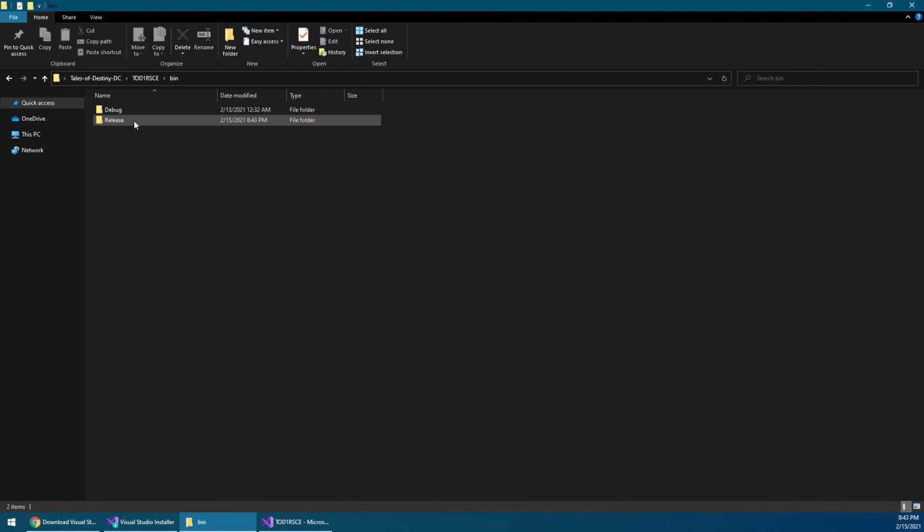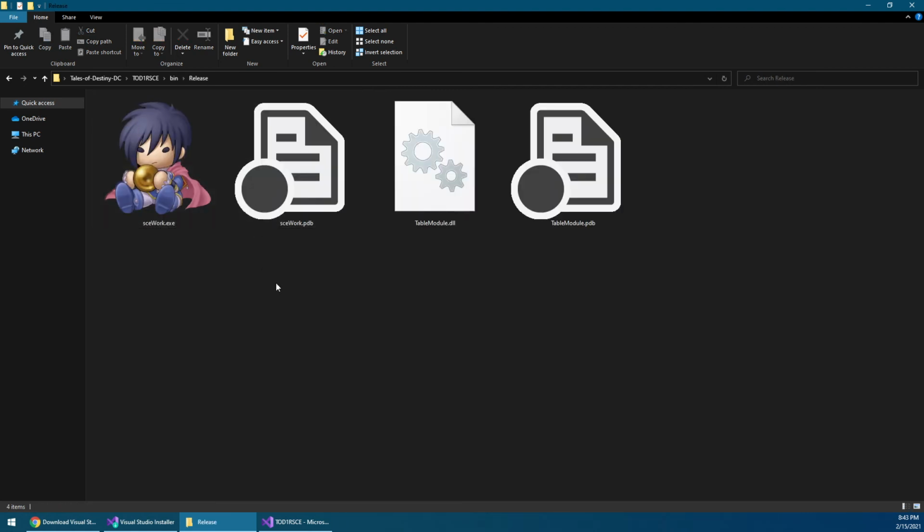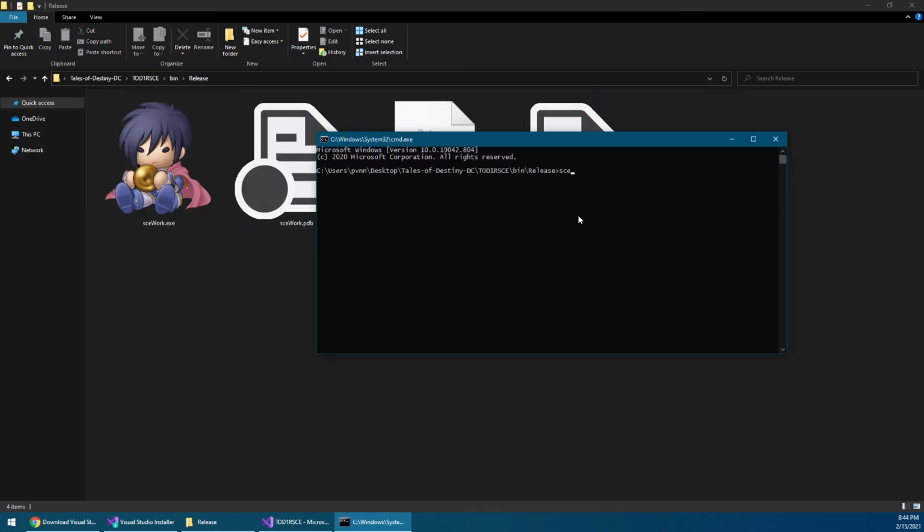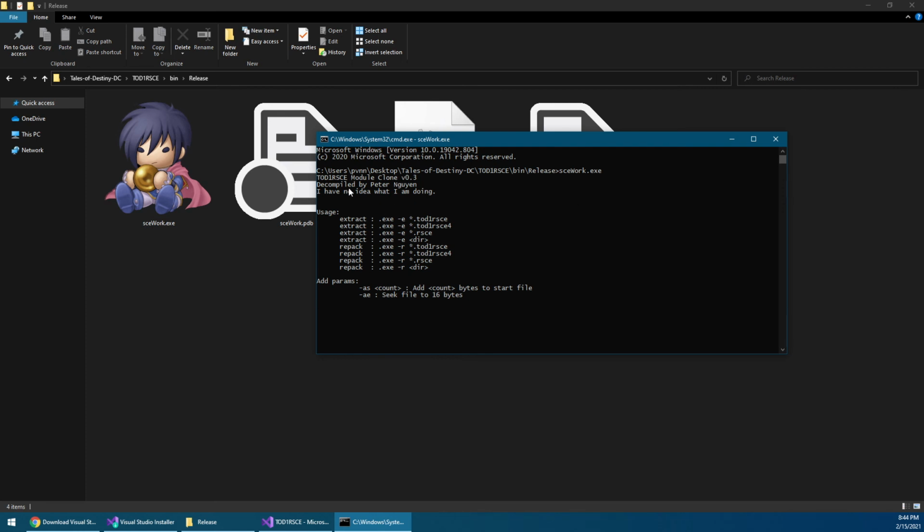Okay, let's go back to this release directory over here. Let's open up the command prompt, and let's type in sceWork and enter. So as you can see, I've decompiled this from the original tool, and I have no idea what I'm doing. So this is how you use the program. Use sceWork.exe and then -e to extract, and then -r to repack. Depending on what file you have from the game,